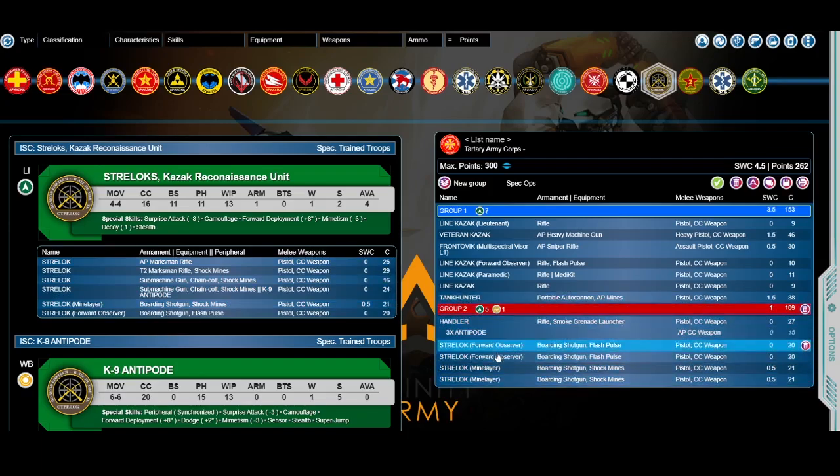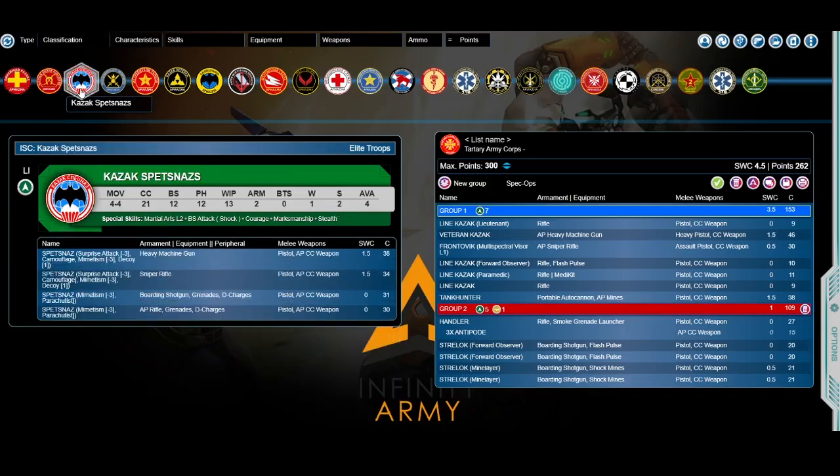Be good defensive little roadblocks, and that'll put 6 camo tokens in the midfield for you. And we've got, all right, so we're at 262 and 4.5 SWC. I think we have enough room to grab a Spetsnaz, and let's grab the camouflage surprise attack with the heavy